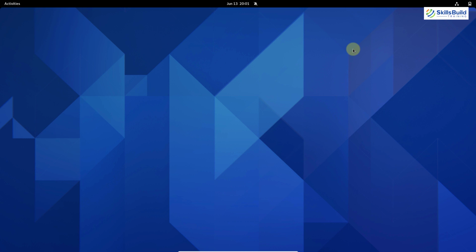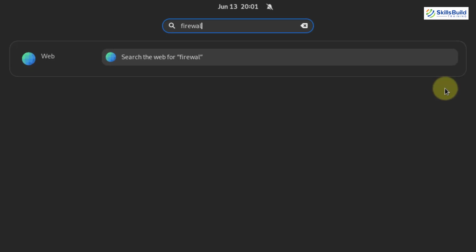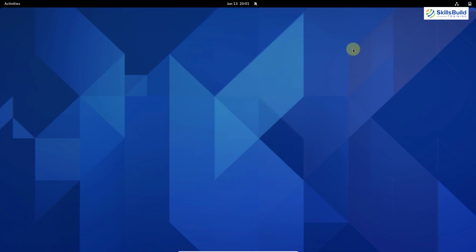After that, let's see if we have any firewall available in our Arch Linux or not. For that, I will hit my super key and then search for firewall. We do not have any firewall available by default in it as well. But it doesn't mean that your Linux distribution is not secure. By default, every Linux distribution is very secure because of its features. But still some people love to have a firewall, and in Arch Linux we do not get to have one. For that, we can download a firewall from the software repository, or you can download it from your terminal.